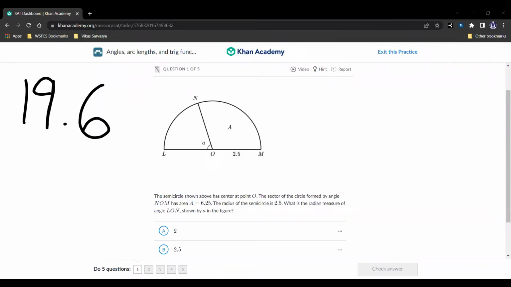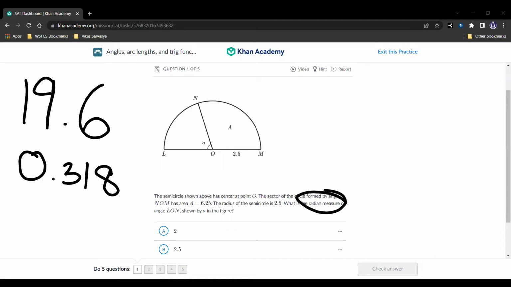That area, we have 6.25 at this area. 6.25 over 19.63 is 0.318. So it is 0.318 of the area of the whole circle. So it is 0.318 of the angle, which is 0.318 of the 360 degrees. Now, asking for radians,